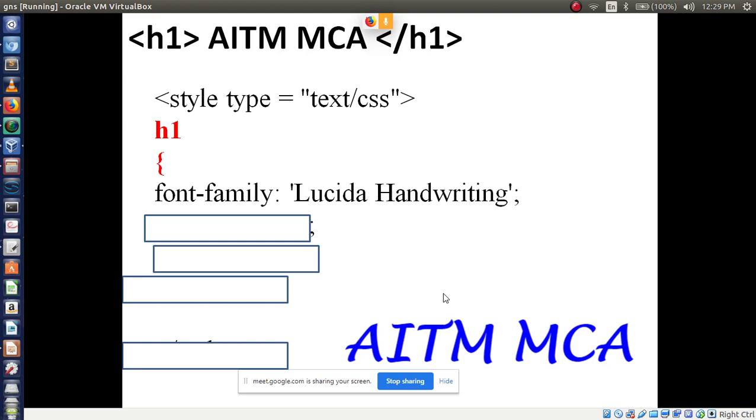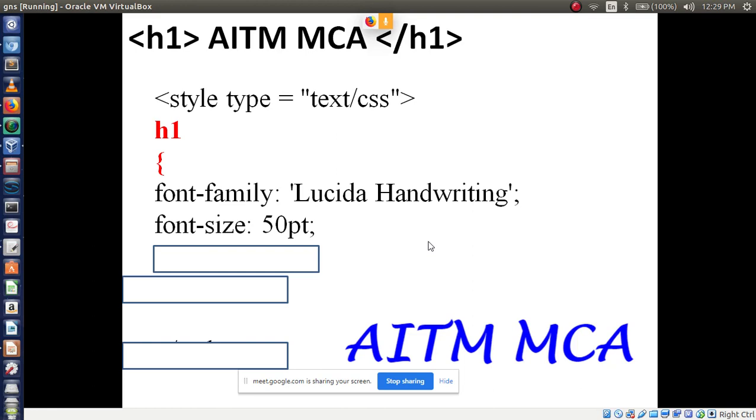Then the next property is, now tell me here which one is the property and which one is the value. Can anyone tell? Okay, Lucida handwriting is the value, followed by a semicolon here, right? Then next I'm using font size, because it has to display in a bigger size. Font size colon followed by the size, 50 pt I have given.